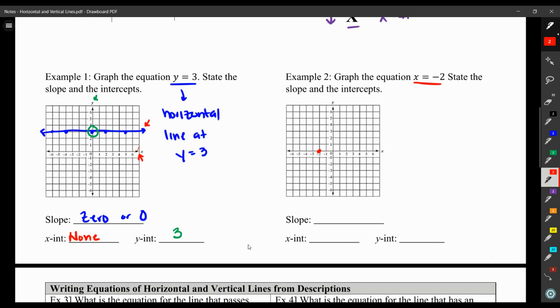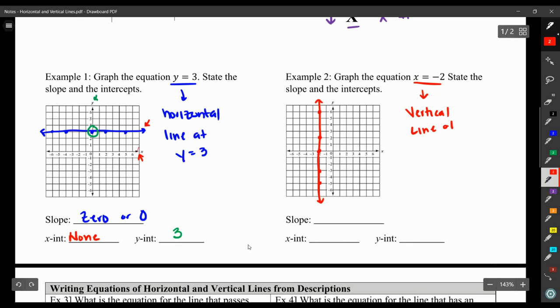And if I try to plot some more points that also have x values of -2, what's going to happen? So maybe (-2, 2), or (-2, 6), or (-2, -3), or (-2, -5). This is creating a vertical line at the x value of -2. So x equals means a vertical line